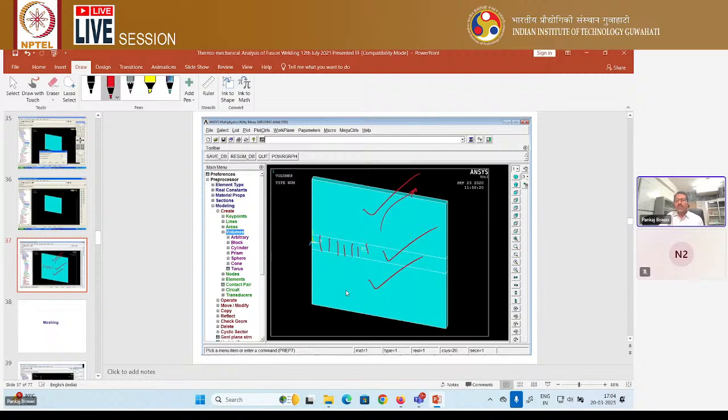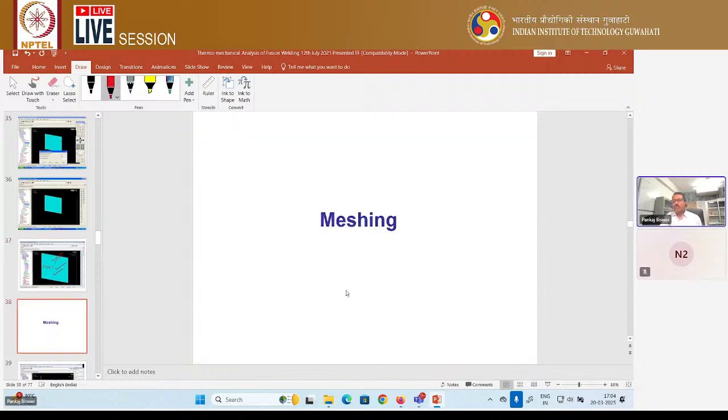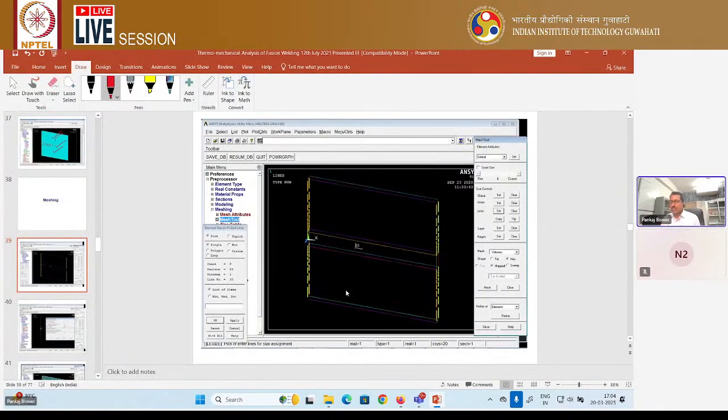So in this middle zone, generally the heat source model will move. After modeling, we need to mesh it. For meshing, generally it is better to use a fine mesh near the weld zone and a coarse mesh away from the weld zone. How to do fine mesh and coarse mesh is already mentioned in this